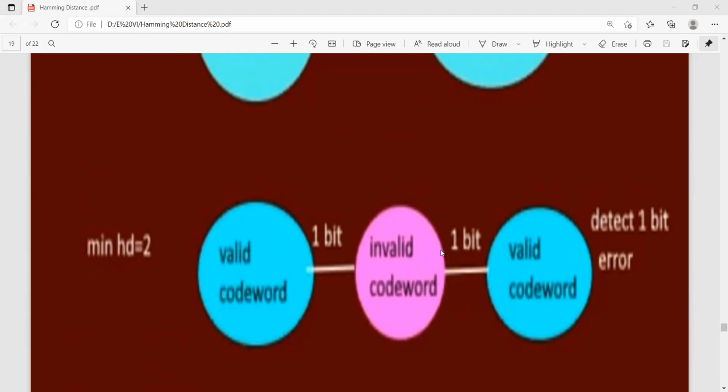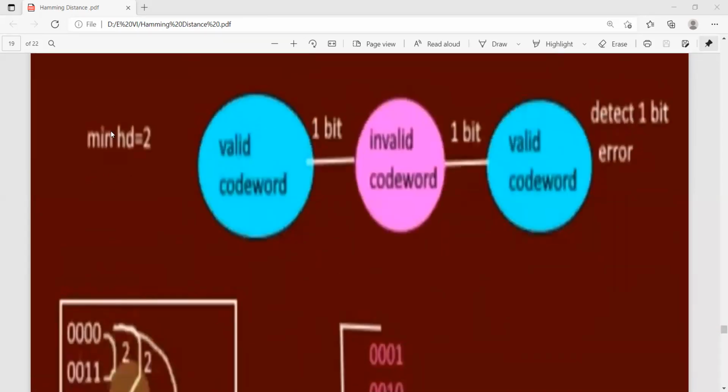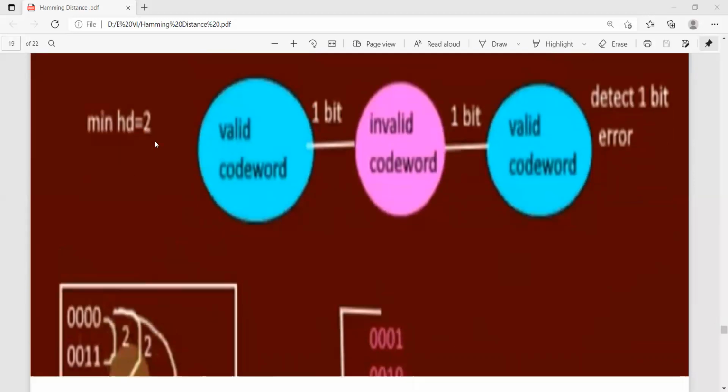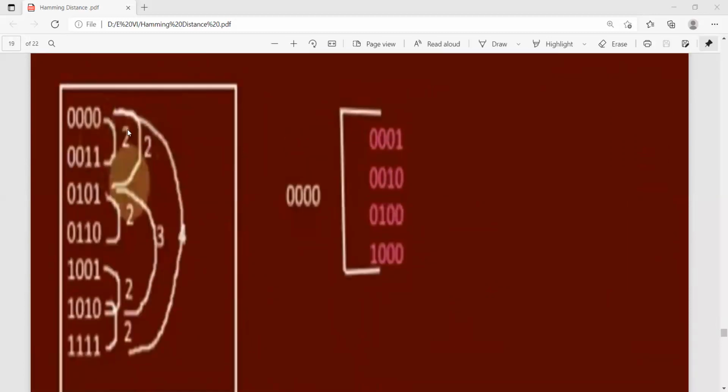This is where 2-bit changes are there, therefore the Hamming distance is 2. Like this, you can identify the distance. From these two, there are 2 differences, 0 and 1, 0 and 1. So the Hamming distance is 2.